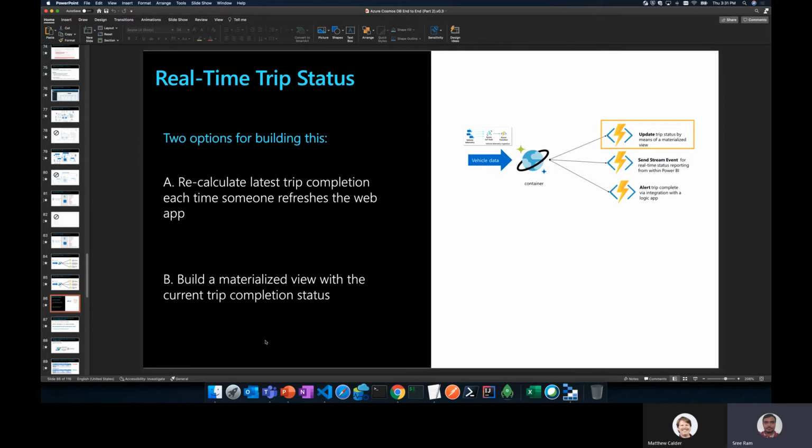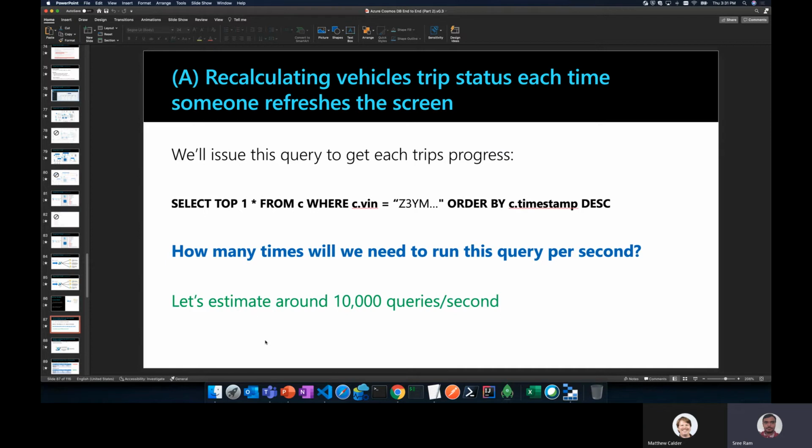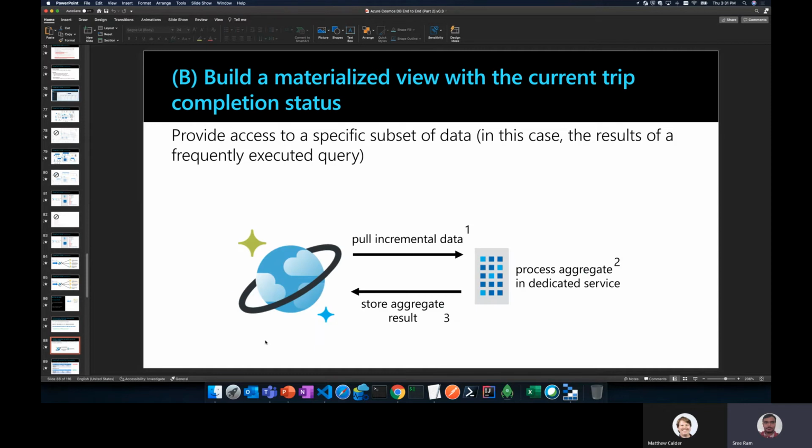So one of the best practices I want to impart is to build a materialized view. A materialized view is an excellent way of incorporating logic somewhere which is materialized, so that when someone refreshes, they hit the materialized view versus doing the calculation every single time. Then that begs the next question: how do you build a materialized view?